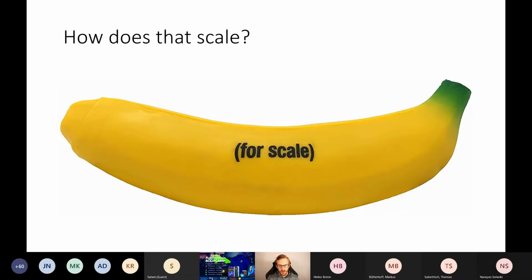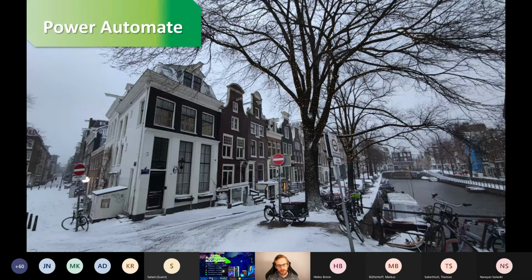So with that, that brings us to Power Automate, and I'll give a bit of background, even though it's my assumption that most people in here are going to be aware of what Power Automate does.